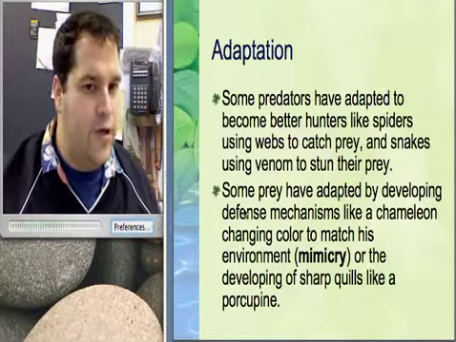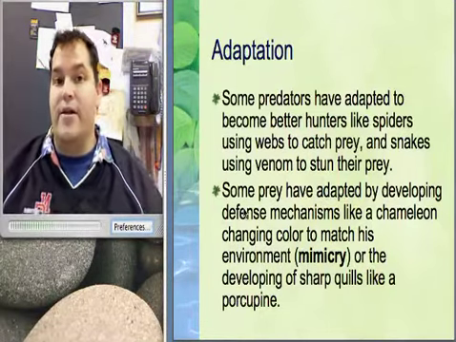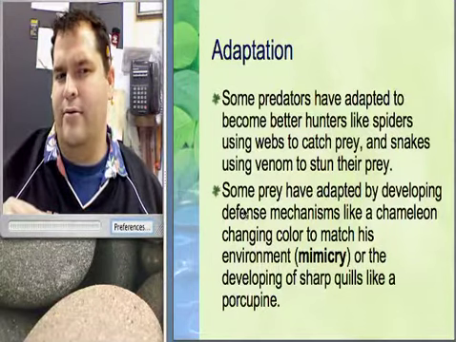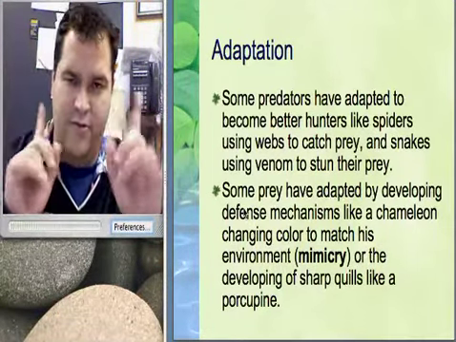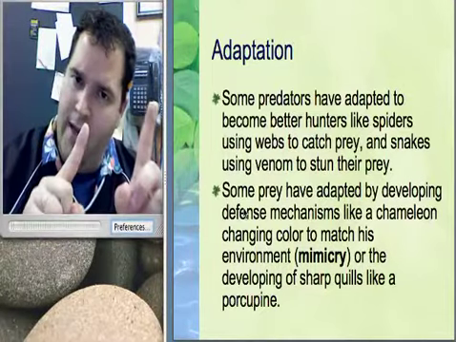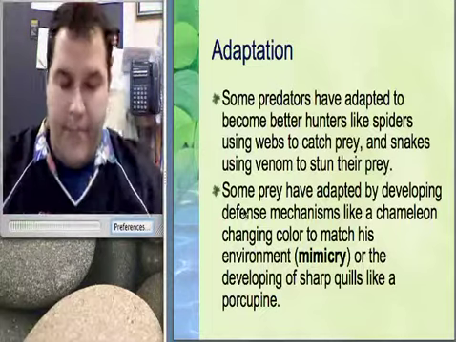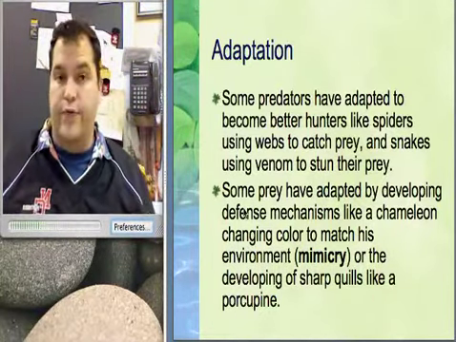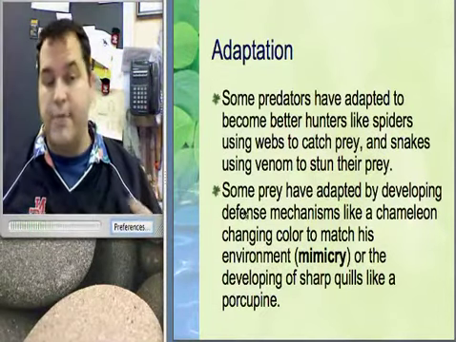But predators aren't the only thing that can adapt. For example, prey have the ability to become better prey in terms that they aren't easy to find. So I guess they're not as good of a prey. That's sort of a weird concept. To be a better prey means that you can't be as easy to eat. Anyway, an example of a prey being better suited for its environment would be that of a chameleon, the ability to change the color of its skin to blend in.